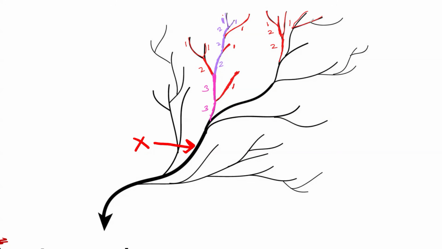Let's see what combination we have here. So let's look carefully, guys. This is stream order 1. This is stream order 1. They combine to form stream order 2. So this is stream order 2 at this point. I think we can agree on that, right? To say that this stream here is going to be stream order 2.